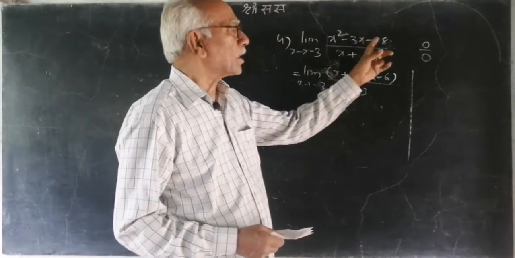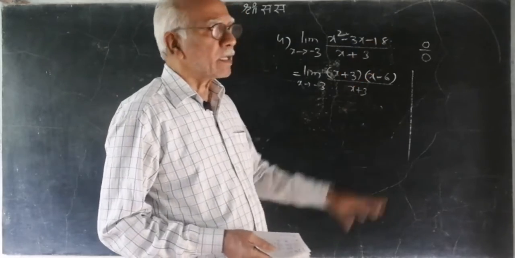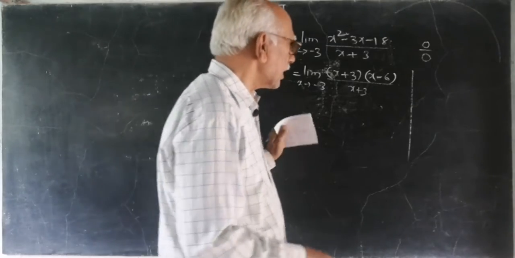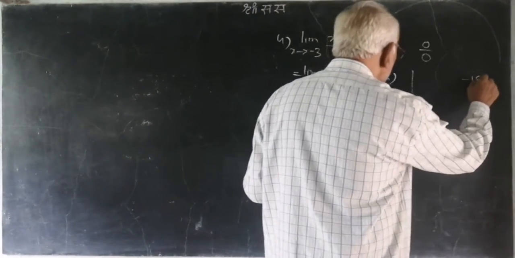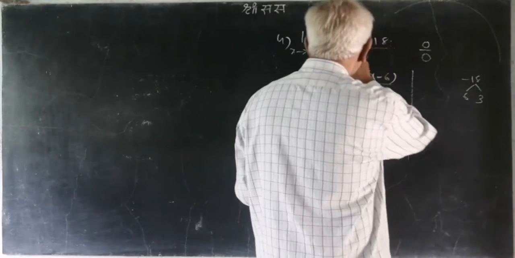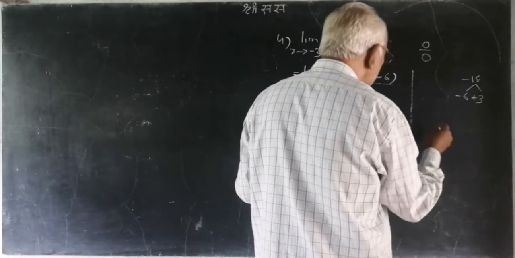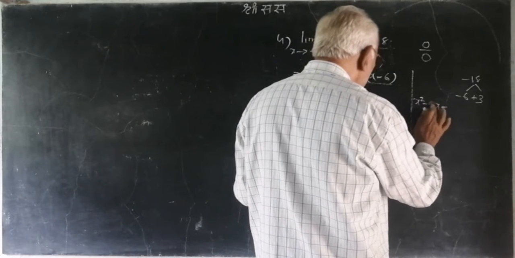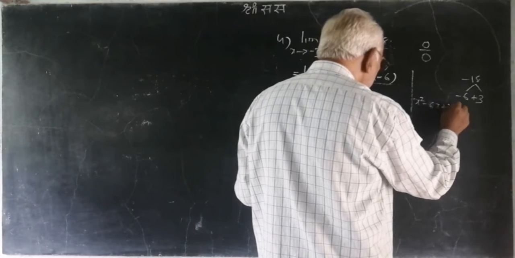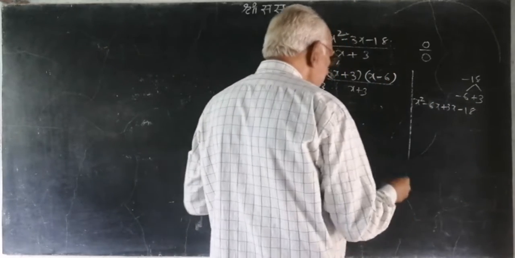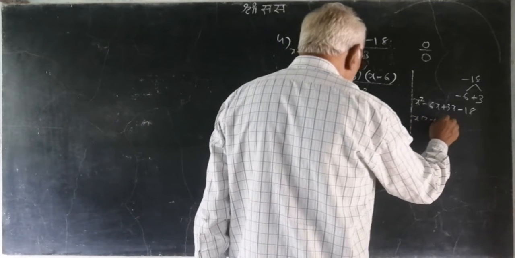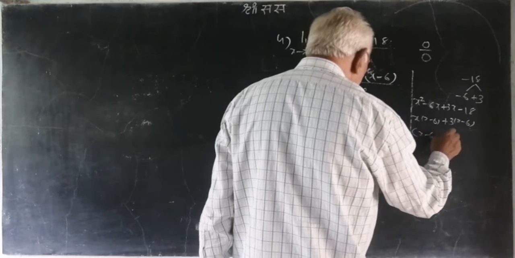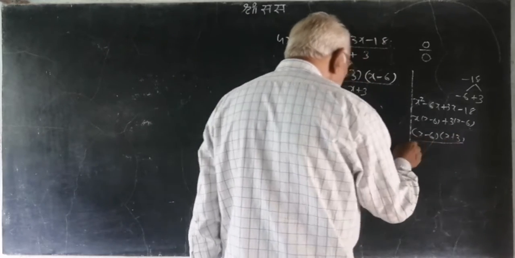When it is minus 18, you have to find factors of 18 whose difference is 3, that is 6 into 3 is 18 and 6 minus 3 is 3. So how can this minus 18 be split? 6 and 3, and the middle sign is minus. So we write x square minus 6x plus 3x minus 18, or x into bracket x minus 6 plus 3 into bracket x minus 6. So one factor will be x minus 6 and another one will be x plus 3.